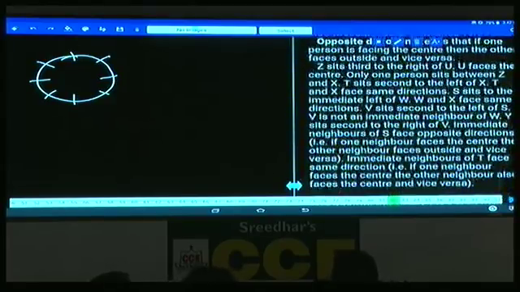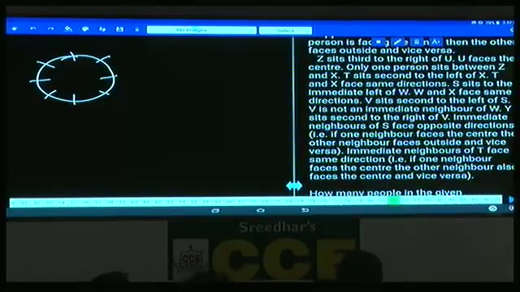Now in these type of questions, whenever towards the center and outside is given, first always check out for the information whether any person is facing towards the center or away from the center is given or not. Now in this one, what is given here? U faces the center is clearly given. Now U will be at this place. And Z sits out to the right of you, Z will be here. Isn't it? U is facing the center and Z sits out to the right of you, that means anti-clockwise.